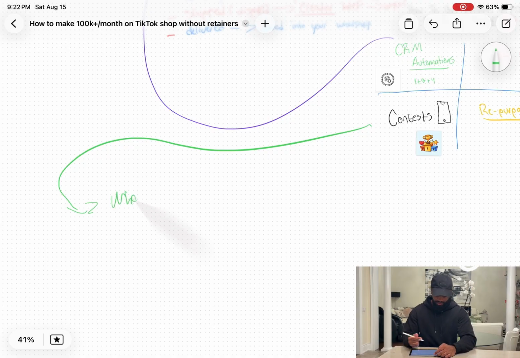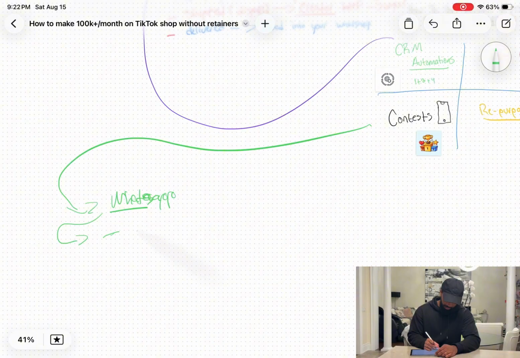Okay, so in the contest, you want to make sure it's on WhatsApp primarily. That's going to be your creator community. I'll do a whole different video on creator communities. And then from your WhatsApp, you're going to want to make sure you have a couple things, right? First is announcements and